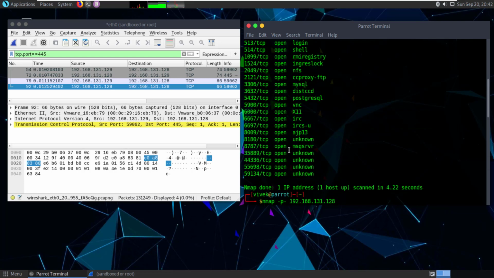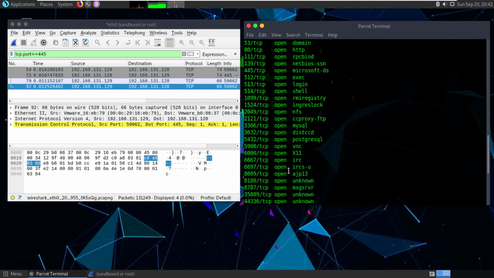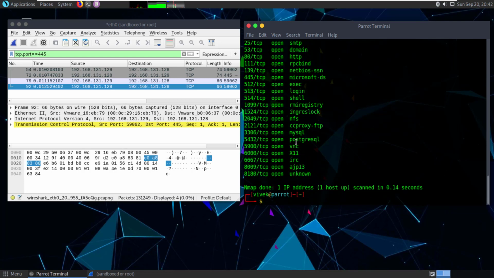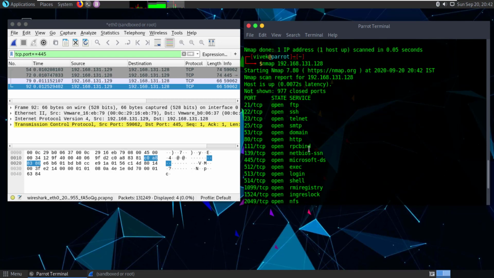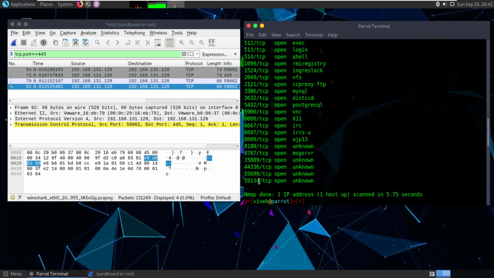Earlier we used -p-, where we scan all the ports. You can even see 51134 is open. If you leave it blank and run against 192.168.131.128, what result will you see? It shows ports only till 8180, whereas here you are seeing all the ports till 59130.